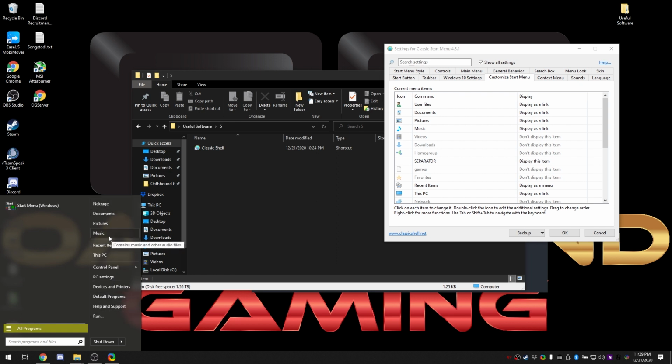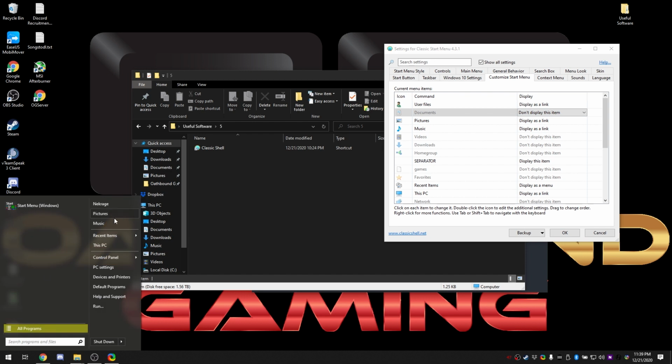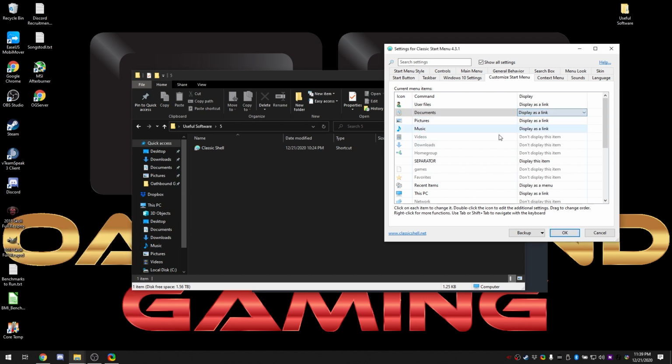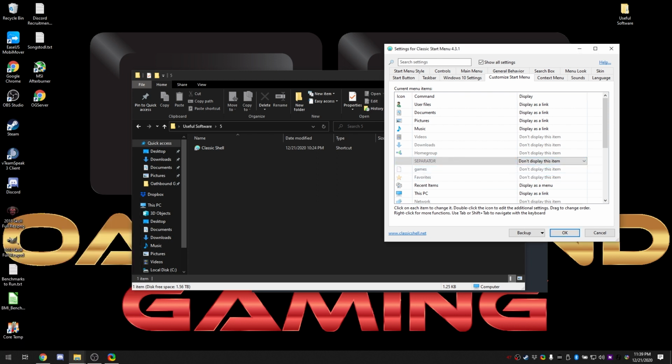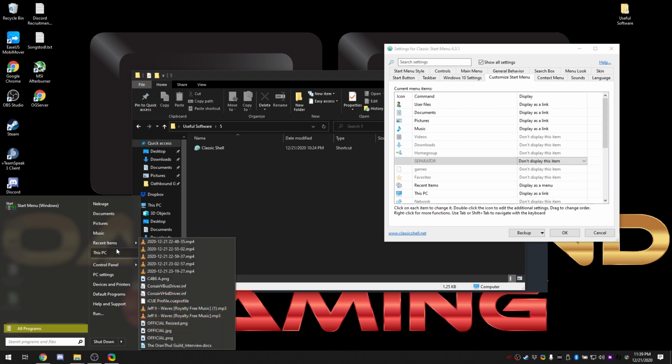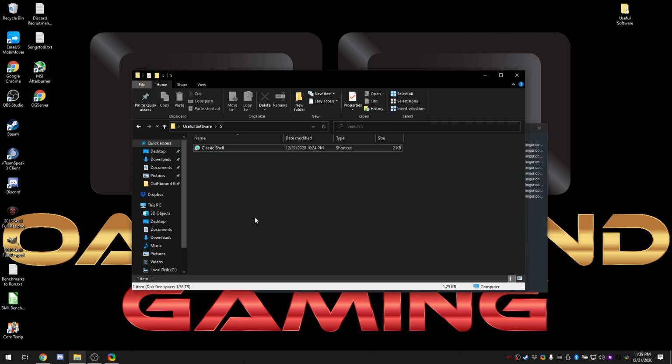So moving on real quick into some more settings in the Classic Start menu settings for Classic Shell. You'll see these, obviously everyone's got these right on their start menu. You can remove those if you'd like. Documents, let's say I really don't want that there. Well, I'm going to display as a link and say don't display this item, and now it's gone. Display as a link, and now it's back. You can throw in these separators here. As you see, the separator is the bar, but if I go, hey, don't display that separator, that's gone. It now merged the recent items and PC that were together into one section. So I'm going to go ahead and display, and now they're separated again.